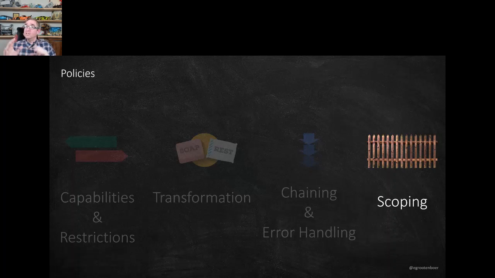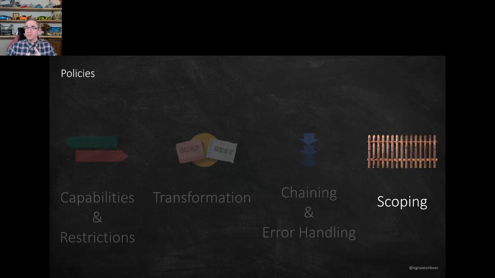And finally, you can do this on different scopes. Those policies you can set on 4 different scopes. The first scope is the instance, and this is your whole API management instance. So everything that's in your API management will get this. We normally use this for setting up logging, for example. So I have logging for all the different APIs configured in one place. And then you can, for example, log it to Event Hubs, where we can build nice reports with Power BI. So that's one of the scopes.